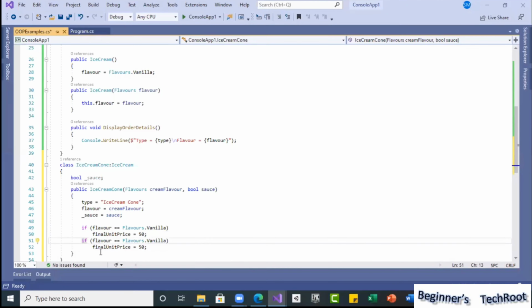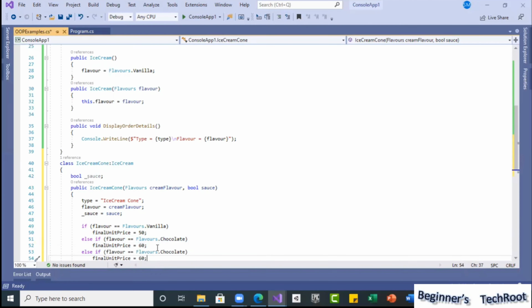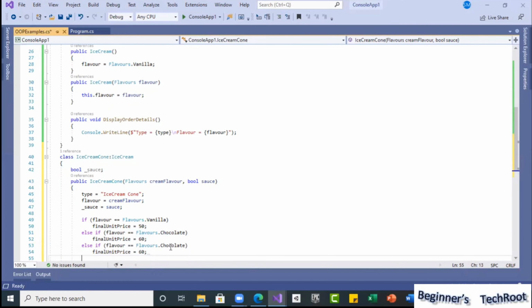So I will write else if flavor equal to vanilla, we covered. So remaining, if you see, chocolate is there. Okay, chocolate we will just make it 60 rupees, for example. And then the remaining 2 also we will complete. Paste, and flavor equal to, for example, butterscotch.